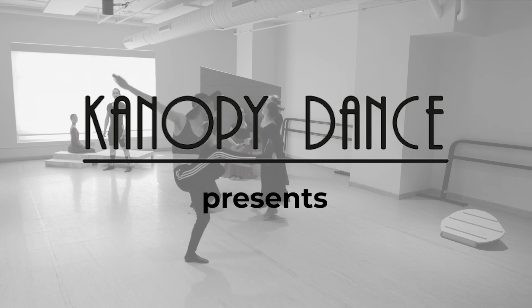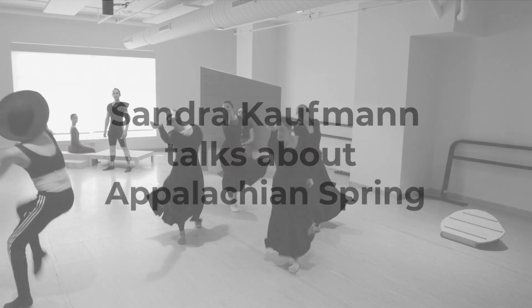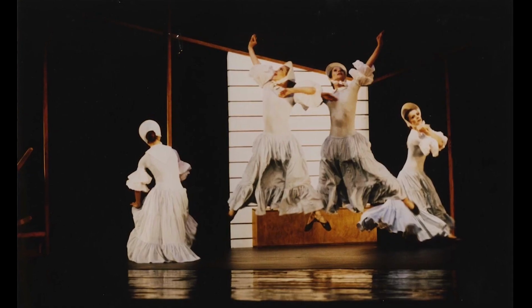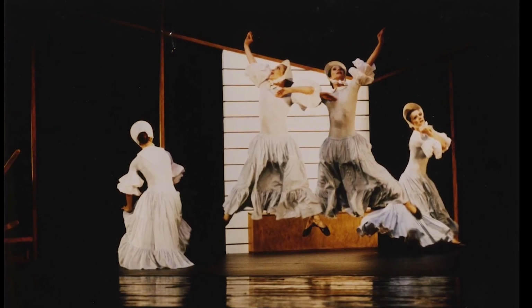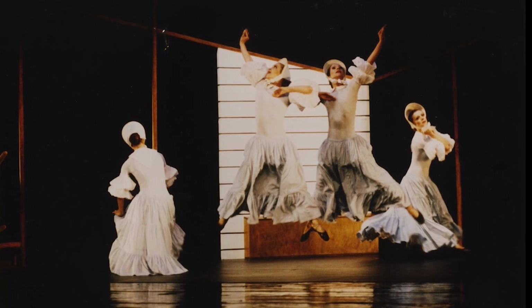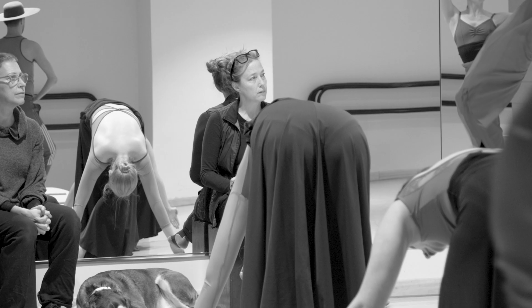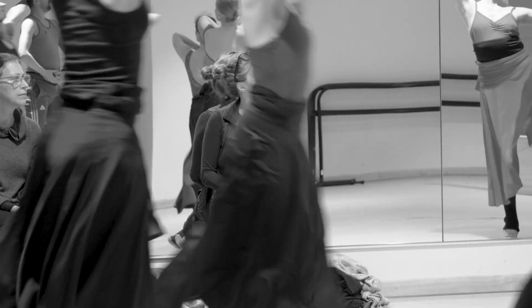Appalachian Spring is really one of Martha Graham's most iconic works. In fact, we would have tours where we would just do Appalachian Spring, or sometimes Appalachian Spring and Cave of the Heart with, for example, when we went up to Minneapolis with the Minneapolis St. Paul Chamber Orchestra. Part of the reason for its beloved nature is that the score, which was written for